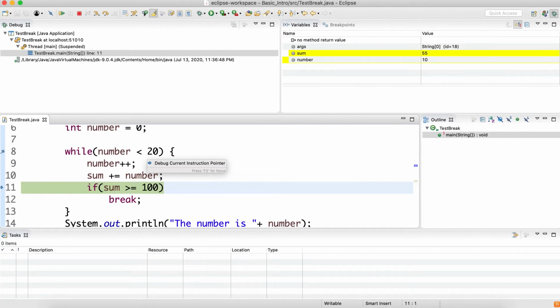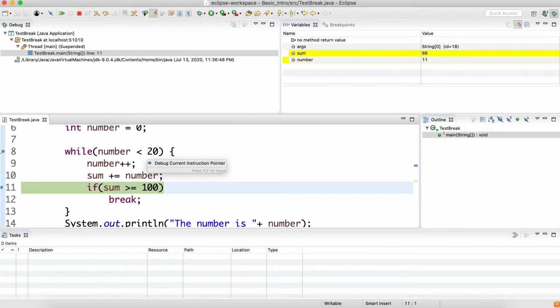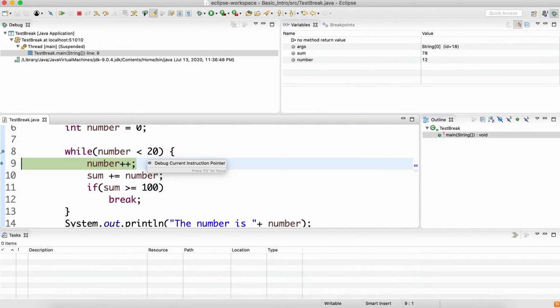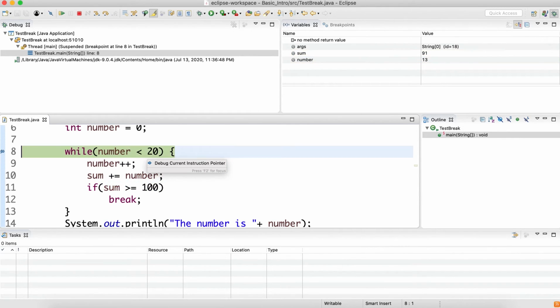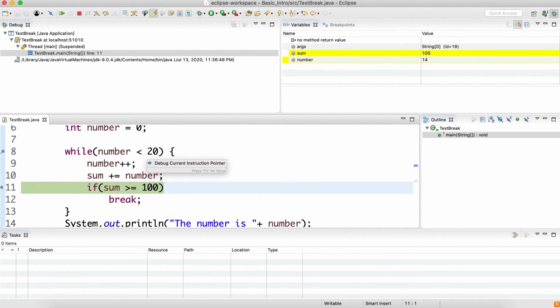Number is 10, sum becomes 55, number is 11, sum becomes 66, number is 12, sum becomes 78, number is 13, sum becomes 91, and then number becomes 14. And now when we add 14 to 91, sum becomes 105.